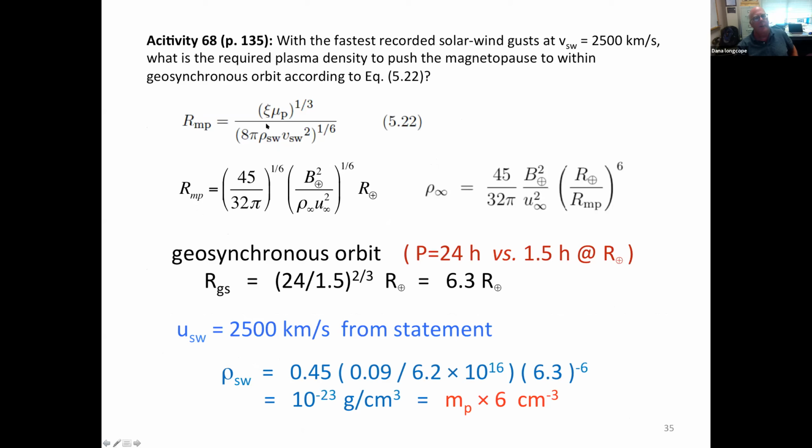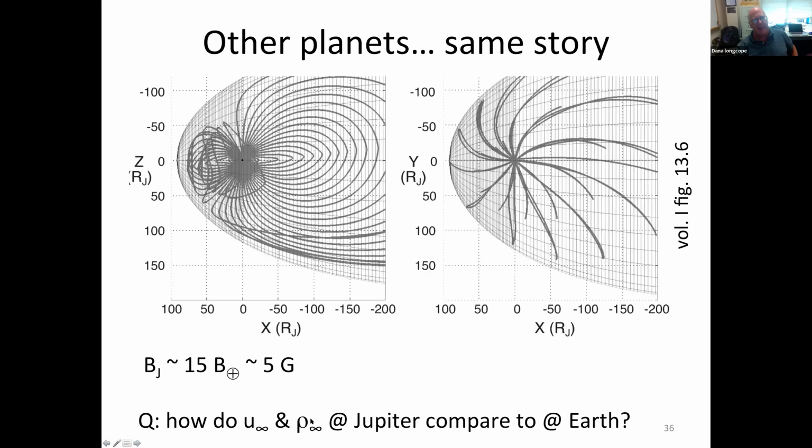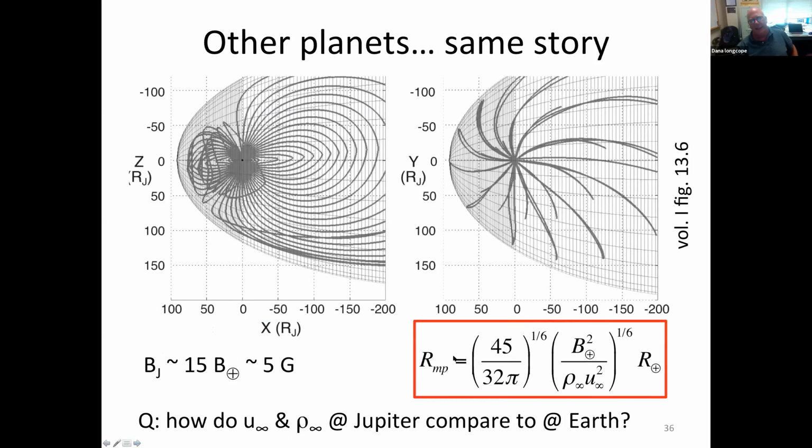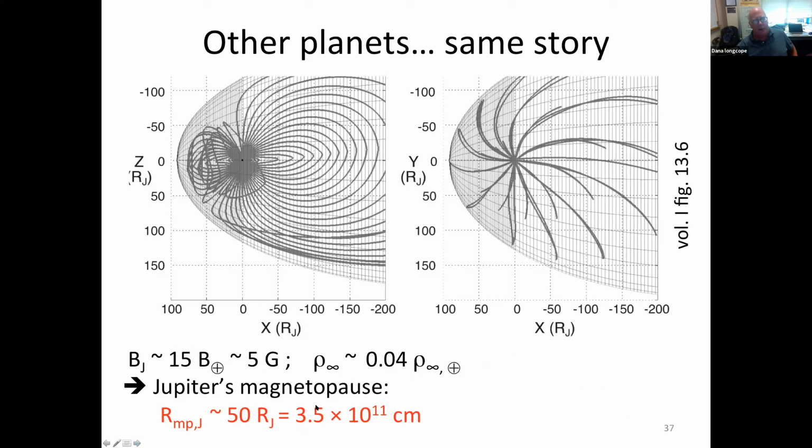This is a formula here. So this numerator has gone up by, well, 15 squared, but then I take the 1/6 power, so 15 to the 1/3 power. The density will have fallen off. The density is like 25 times lower. The ram pressure and the density have fallen off by a factor of 25. That's right. So when you put in those numbers, you actually find out that the Jovian magnetosphere is 50 times